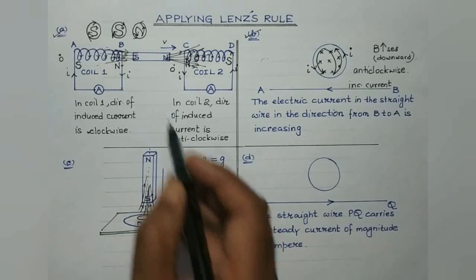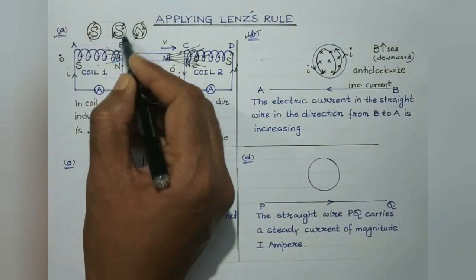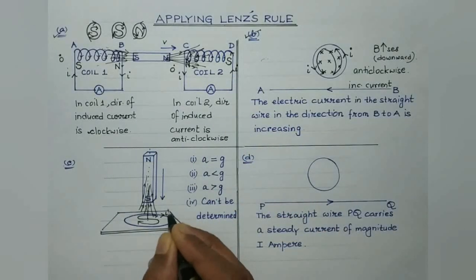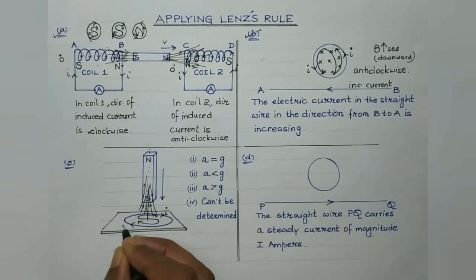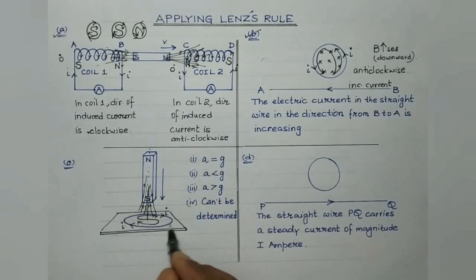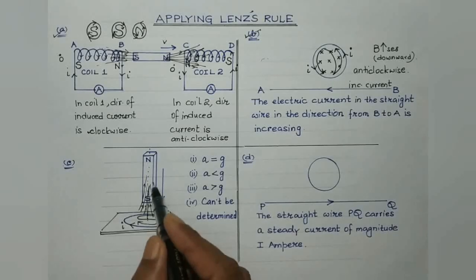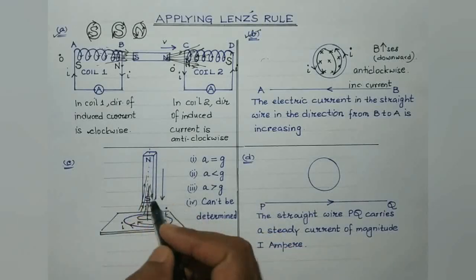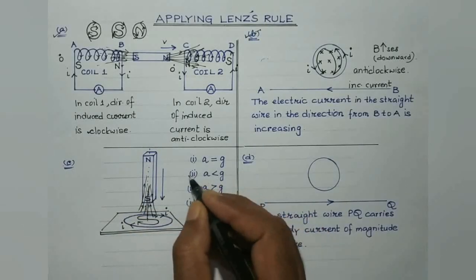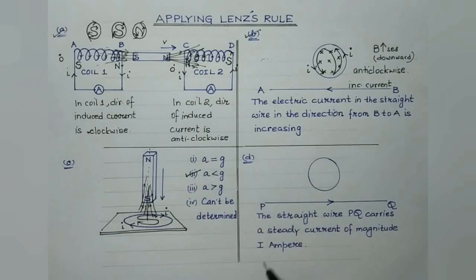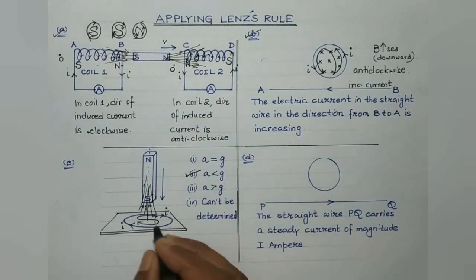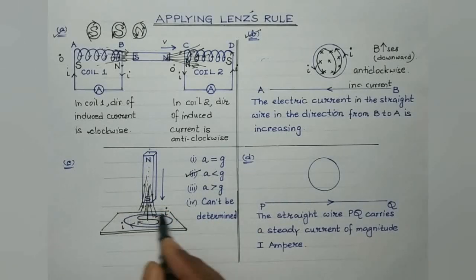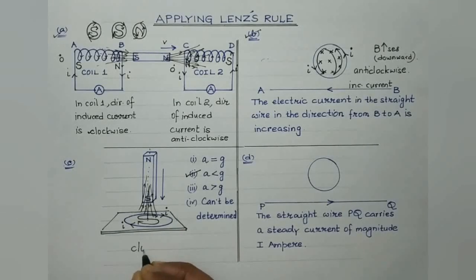And we are aware, if the face of the loop behaves as south polarity, then the current must be flowing in the clockwise direction. So here the induced current will be flowing in the clockwise direction. Now because of the opposing nature of the induced current, it will provide an opposition to the falling magnet. So definitely the bar magnet will fall with an acceleration less than the acceleration due to gravity, right? So it will fall with an acceleration less than small g, and the direction of the induced current so produced in this coil is clockwise.